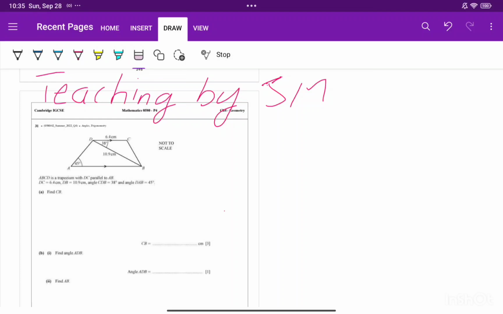Hello, Assalamu alaikum. So today we'll be solving Cambridge IGCSE Math 0580 paper 4 chapter 4 geometry from question 31